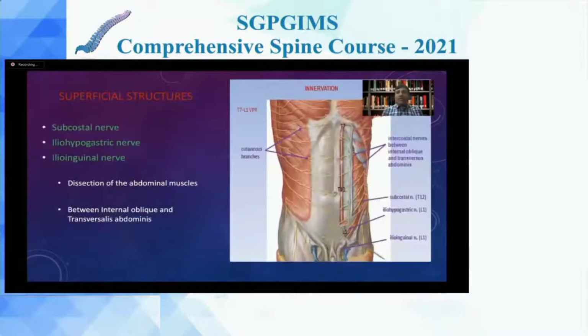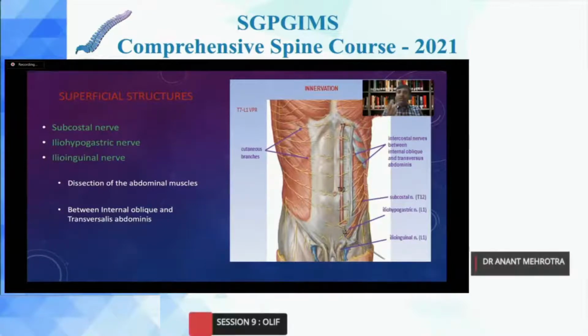I'm not going into the details of where you want to place the incision. That shall be taken up by the subsequent author, as well as what position the patient should be in. Now, once you have placed the skin incision and dissected off the subcutaneous fat, you encounter the external oblique fascia, which needs to be sharply incised. Once you sharply incise the external oblique fascia, then you have the three muscles, that is the external oblique, the internal oblique, and the transversus abdominis muscle.